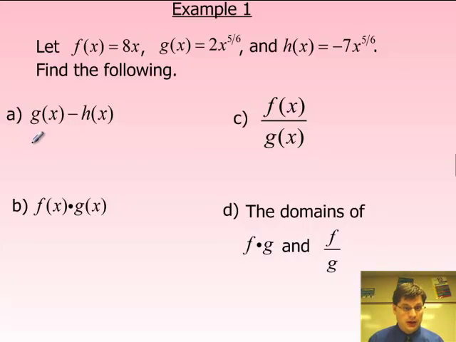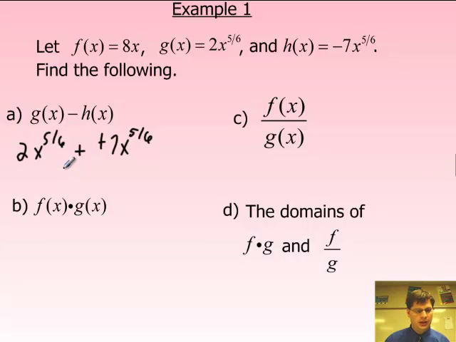So g of x we have defined as 2x to the 5/6 power minus negative 7x to the 5/6 power. So in other words, we're just going to be adding these two terms together, leaving us with 9x